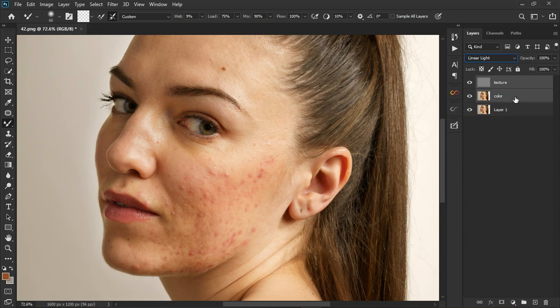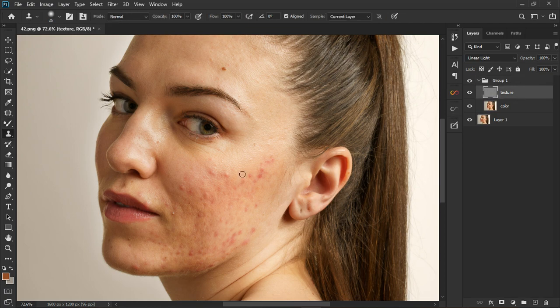I have a plugin that is going to do all this for you. I'm going to show you after this class, and group it together. So we'll have our frequency separation. Now let's work on the texture. So I'm going to click on the texture, click on the clone stamp tool, and let's say I want to